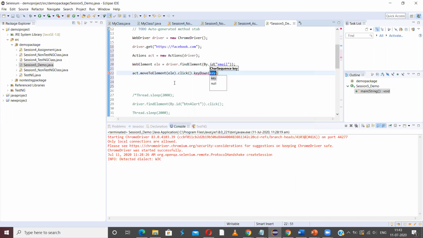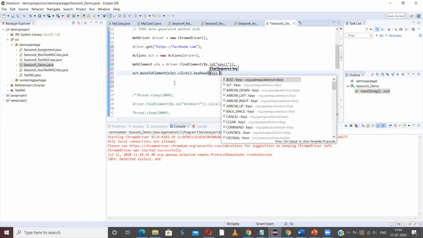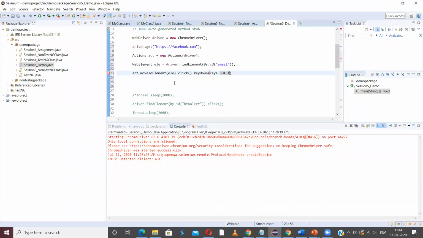Which key should I press down? This is shift, so we have to use the Keys class, Keys.SHIFT, which is all in capital letters. So I'm pressing the shift button.